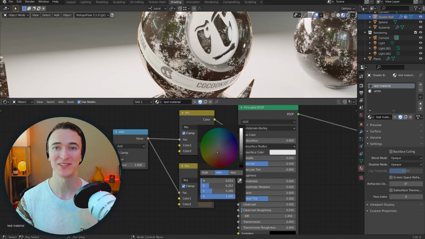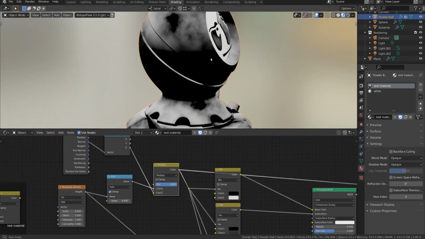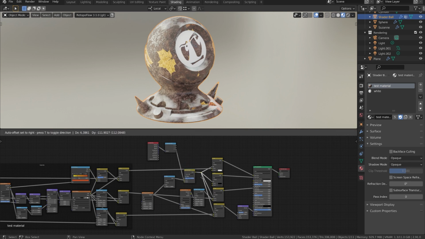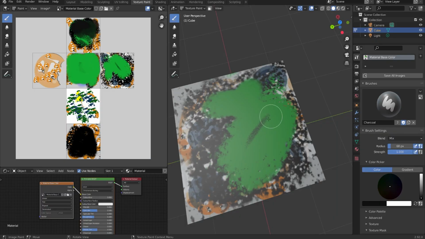Chapter 4 is all about procedural textures, and you'll learn to combine shader nodes together to create a few different procedural effects from the ground up. And by the end of the chapter, if I've done my job right, you'll be ready to tackle the Lava Shader Challenge. In chapter 5, we'll switch over and talk about texture painting,